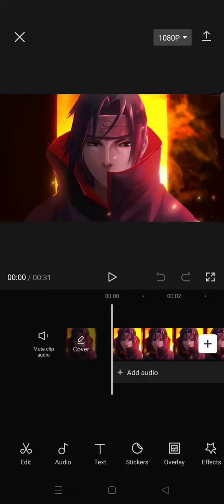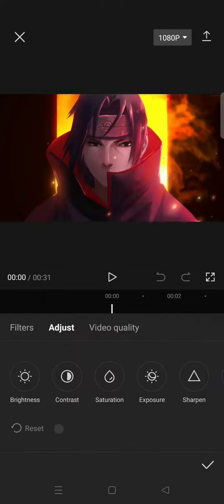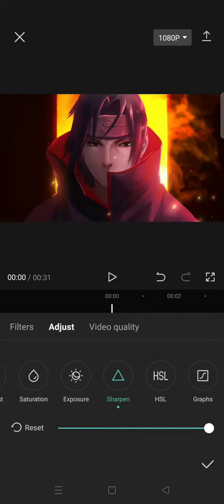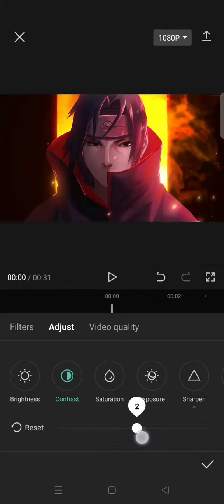On today's video, I'm gonna show you the improved video quality tutorial on CapCut. So here what you need to do is import your video and then just go to adjust, then put the color adjustment like this. The sharpness, set it into 100 and then set the contrast into 10,